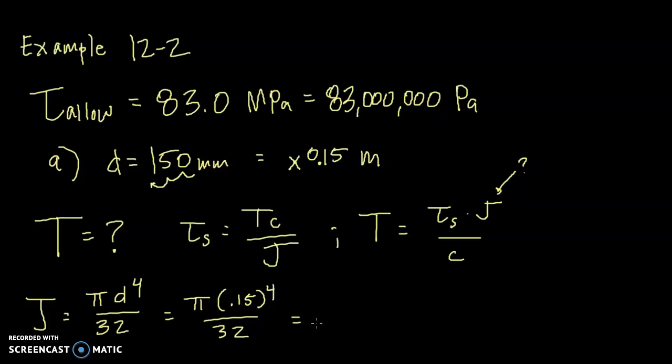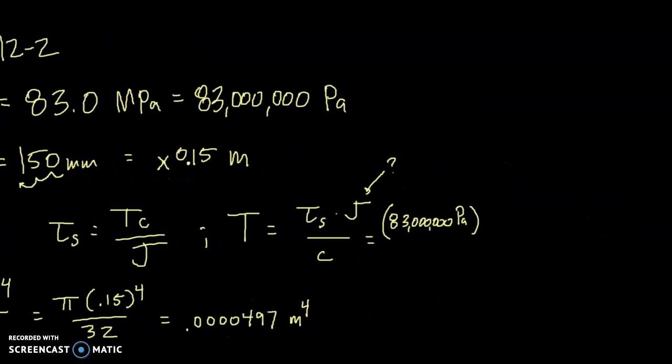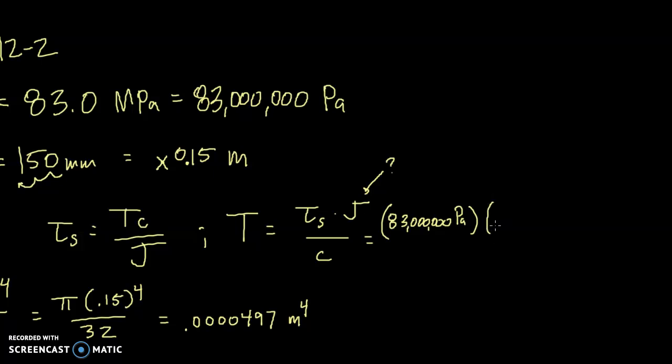And that is equal to, let's see, 1, 2, 3, 4 zeros. So it's 0.00000497. And moment of inertia has units of length to the fourth power, so we converted this to meters, so this is in meters to the fourth power. So our torque formula is going to become 83 million pascals times, I'm going to have to slide over, I'm going to run out of room. Let's move over here. Times 0.0000497 meters to the fourth